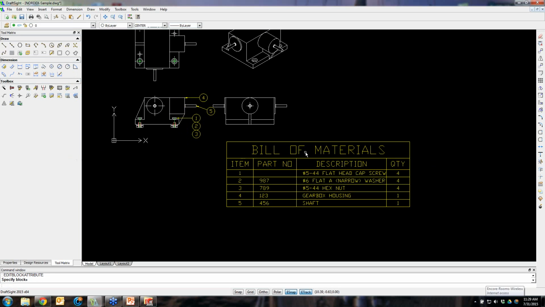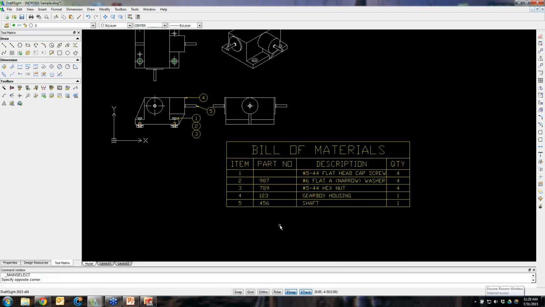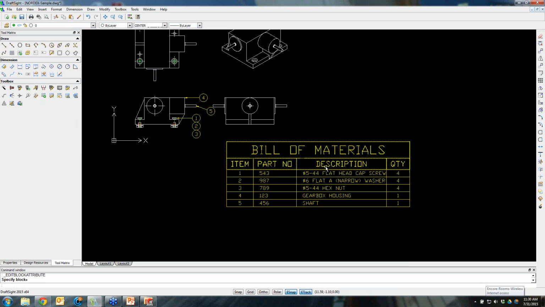I apologize, I was getting it backwards. So we right click, edit block values. Again, we specify, after we get into the command, now we have to re-click it and go back and give it that value. So we can add our part numbers in here, but